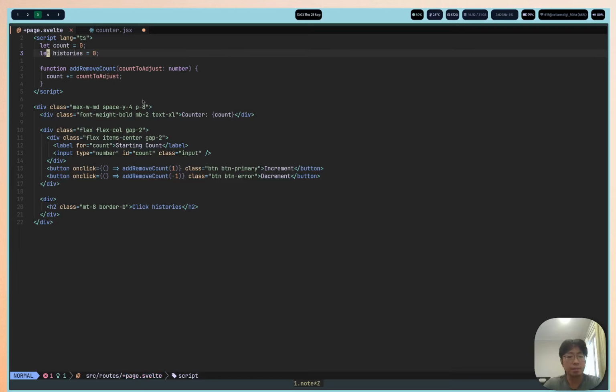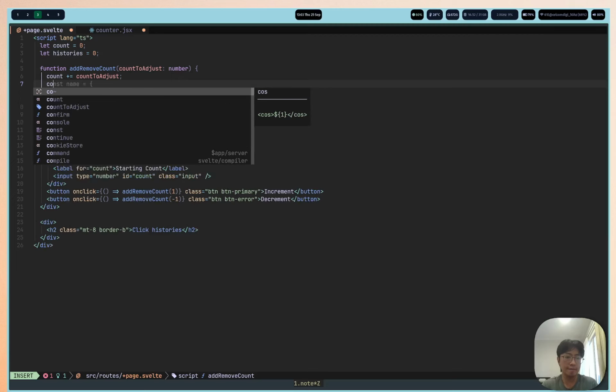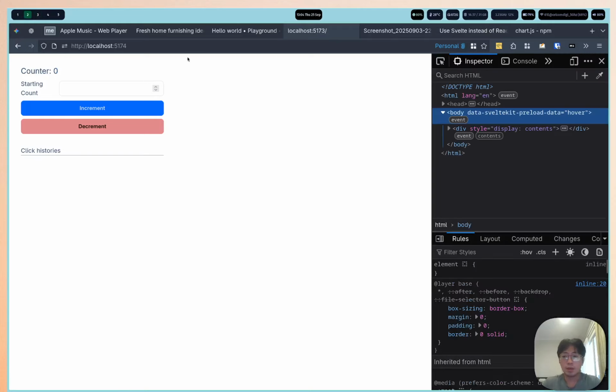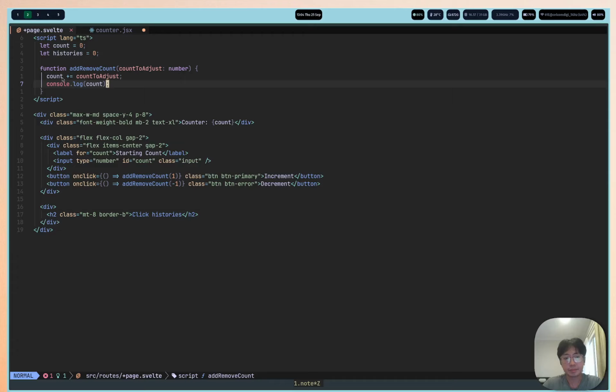So it's going to be increasing the count, right? And I'm going to also console log here, just to show you the things being changed. Alright, now I'm going to click increment. This is 1 right now, this is 2 right now, and this is 3 right now. You will notice that